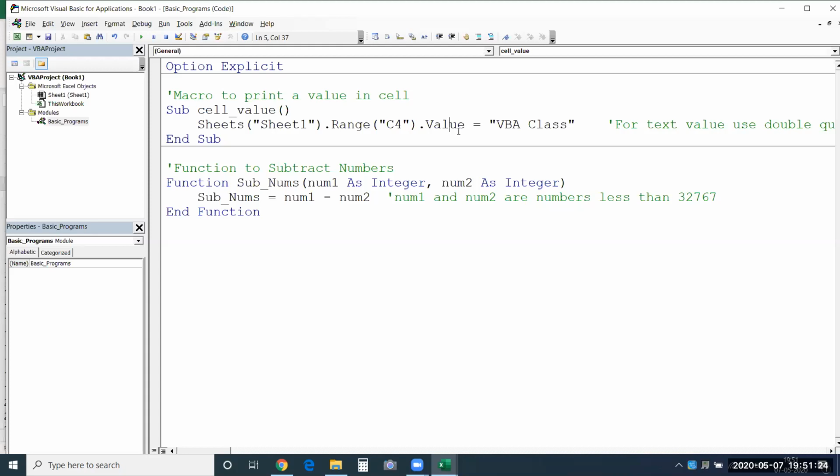Ma'am, till now we have nowhere called the method. The method has not come in the picture yet, right? No, no. We have only used value here. Value is a property. I have not yet shown you how to use a method. Methods are the actions that you perform on that object, like copying it, pasting it, inserting, deleting. These things are methods. So till now we have only used the property.